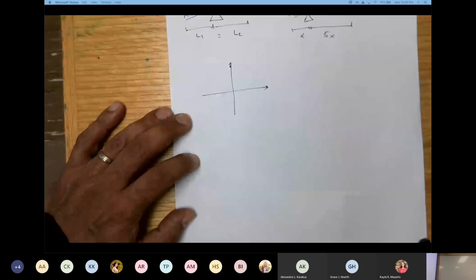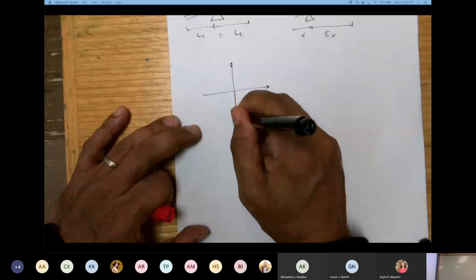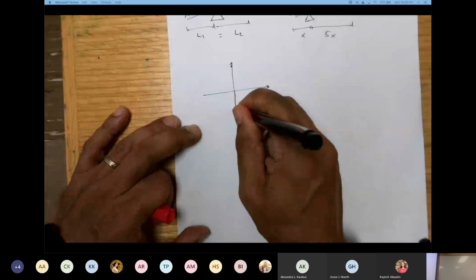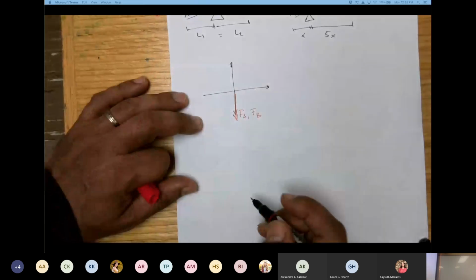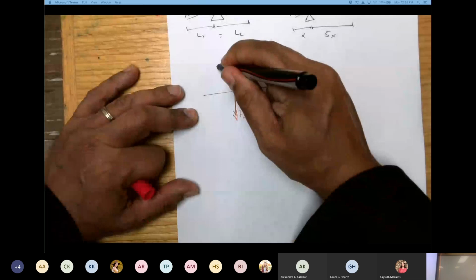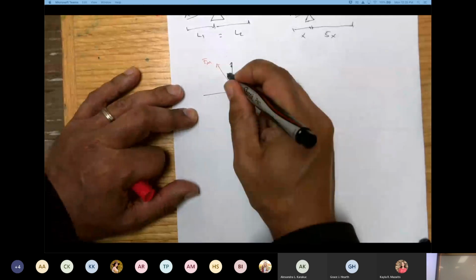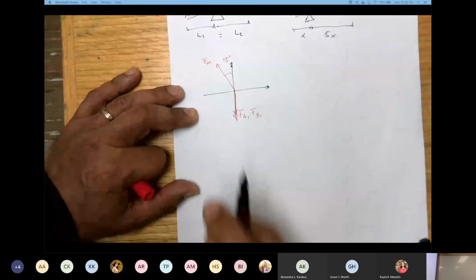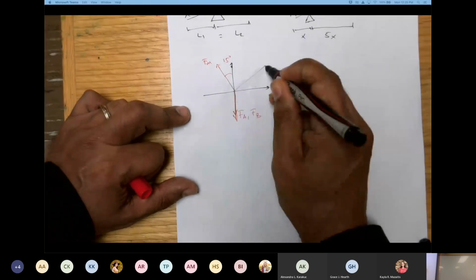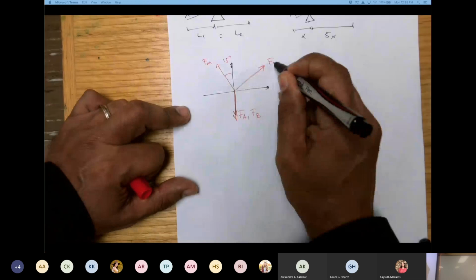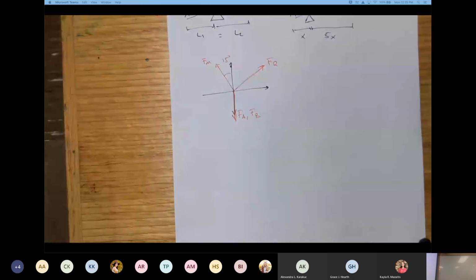So I'm going to have the weight of the arm, and I'm also going to have the weight of the barbell. I'm going to have the muscle pulling up. And again, this is going to be 15 degrees. And the last one that I need is going to be the reaction force. And again, I don't know anything about this reaction force. I don't know where it's going to be. So I'm going to assume that it's just going to be somewhere around here. Somewhere that I make the two components of the force to be positive.